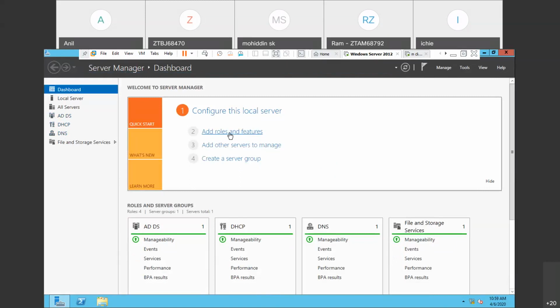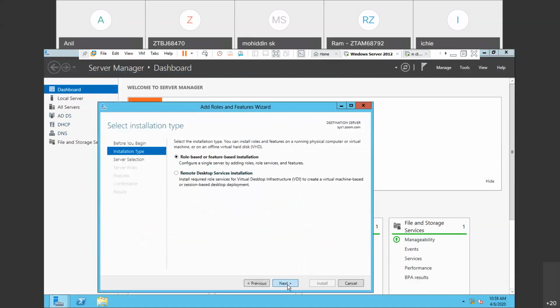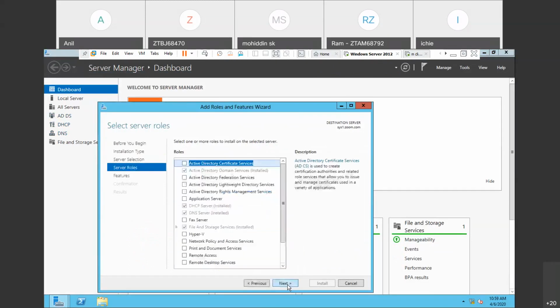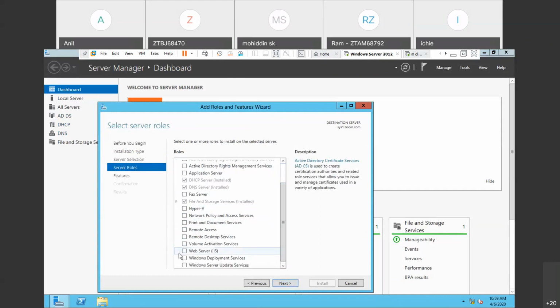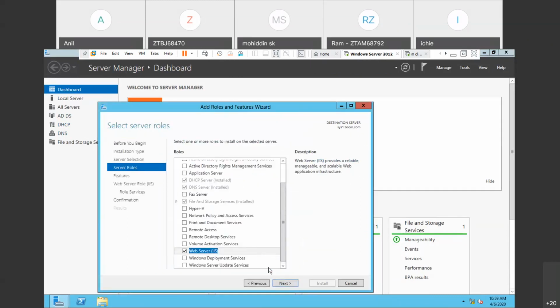How to install the services? Go to add roles and features from the server manager console. Click on next 3 times: 1, 2, 3. Then check the box. Which box do we want today? IIS service. Here is the web server IIS. Check this box, then add the features. Again, next,